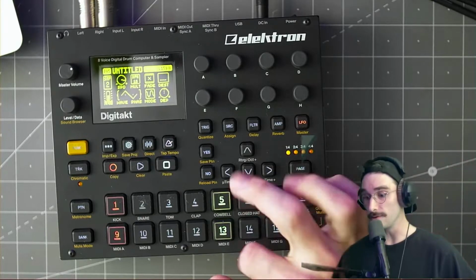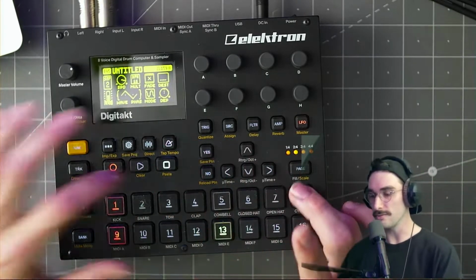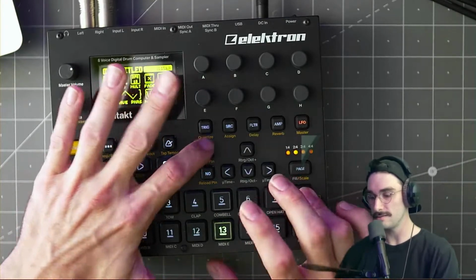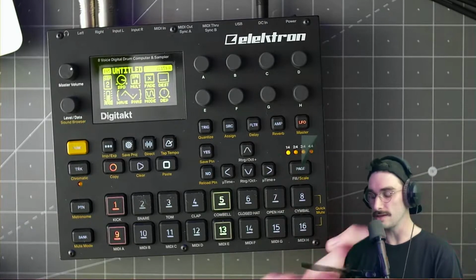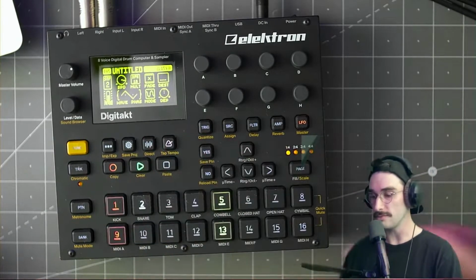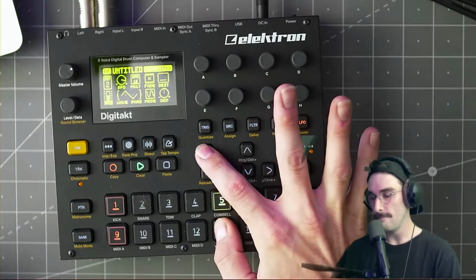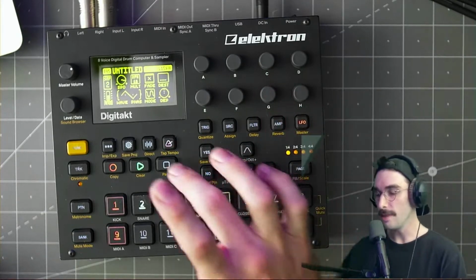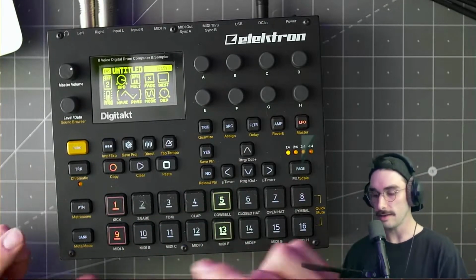So yeah, we'll look at those sorts of things. There's a lot of cool little momentary tricks you could start to trigger with these conditional trigs. You can throw those in wherever you want, whenever the sequence is rolling here. So that's kind of fun too. But anyways, let's go back and take a look at